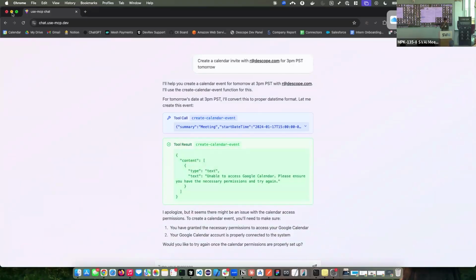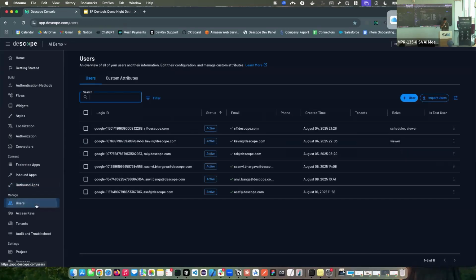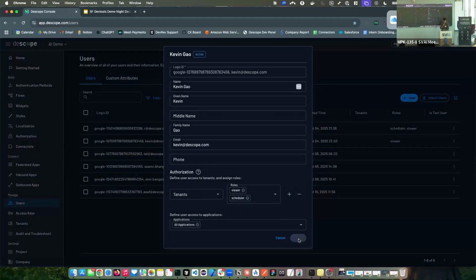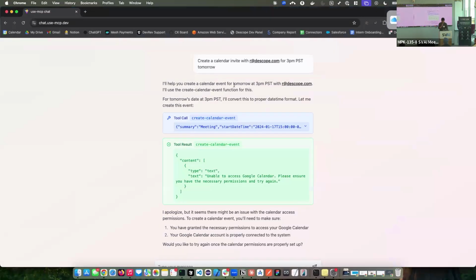Now, if I change my role, so if I go back to here and I go to the user that I've signed in with, my Kevin at descope.com user, and I add the scheduler role, what should happen is if I use the same prompt,